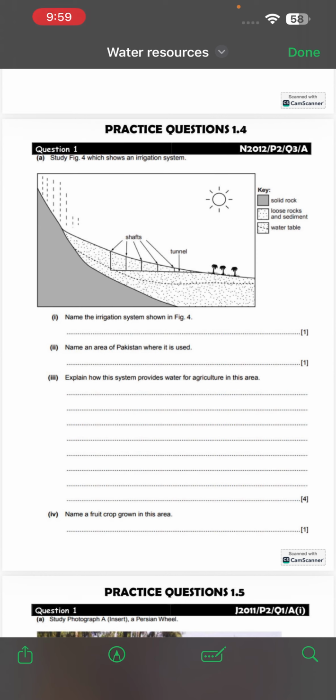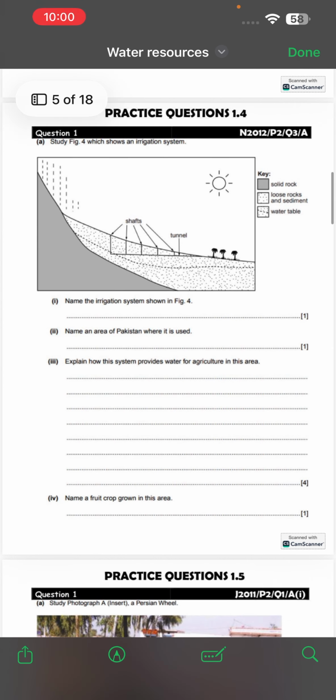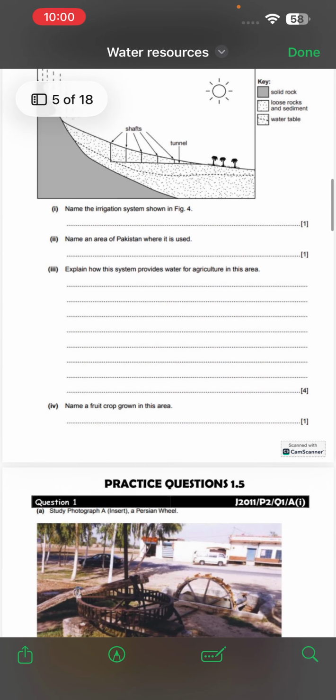So you are supposed to write it step by step. All right, for 4 marks you need to write 4 steps. Rainfall on mountains, rainfall comes downwards, it drains to the foothills, it increases the groundwater, then it goes towards the tunnels, and then it gets extracted through the karez system. Okay,